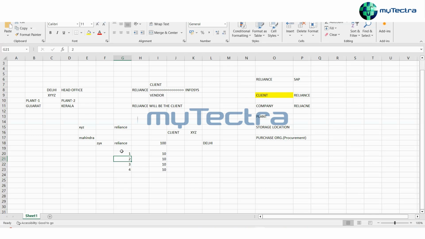Quota agreement means we are providing some quantity, say an order of 500 tons, to one particular vendor, but we ask them not to send all 500 tons at once. You first send us 100 tons, then you send us the next 100 tons. Once we consume the first 100 tons, then you send us the remaining lot. Then after we consume that, you send us the next lot. So that is the use of a quota agreement.